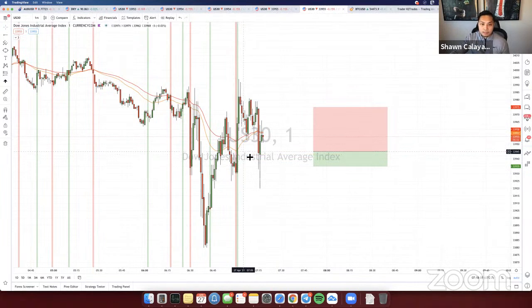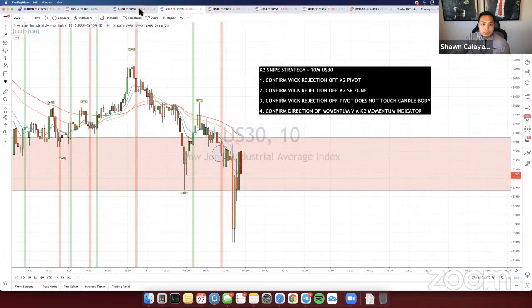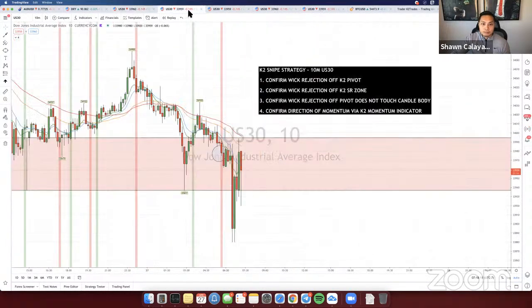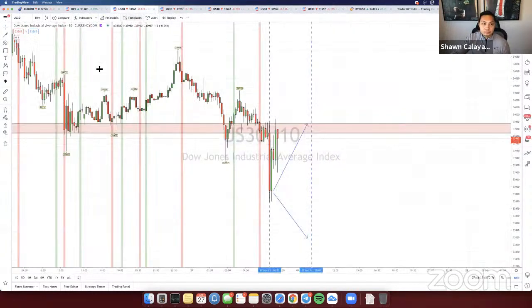I mean, it's going to keep coming down. I think it's going to continue to drop. You know, looking here on the 10-minute, it rejected off the same area that I drew, and it's starting to come down from this point. So for the most part, it looks like it's going to range like it did yesterday. It pretty much ranged the entire morning like that, and then it ended up dropping super hard. So we'll continue watching.